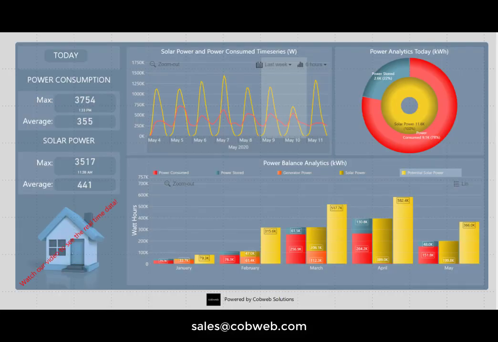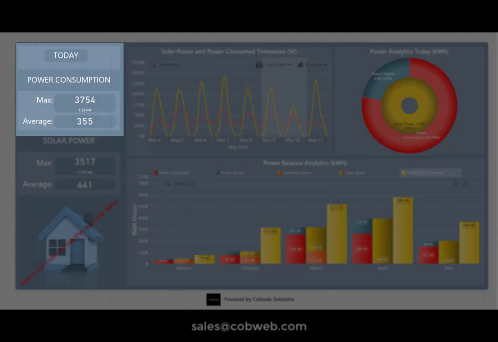Now, the second part of our solution is a standard dashboard that gives us some historic analysis, but not real time. So it obviously looks a lot prettier because the number of visuals that you have available is greater. Now, if we look at the left-hand side of the screen here of the dashboard, you'll see the power consumption